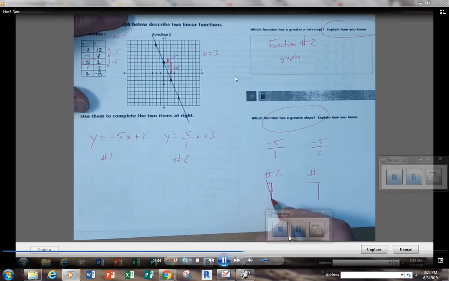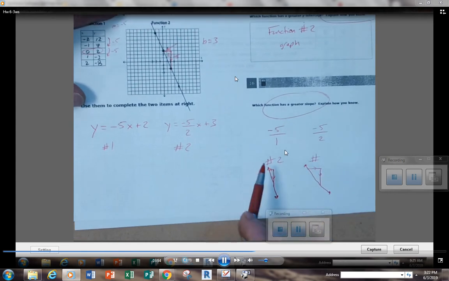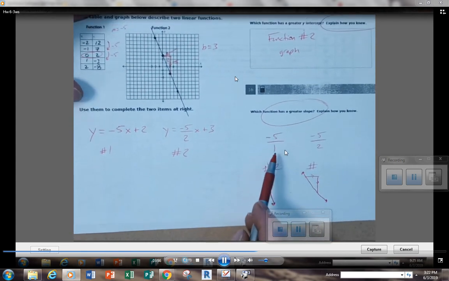Steeper, less steep. The steeper the line, the greater the rate of change. So this one, the table has the greater rate of change. It has a steeper slope. The third word is study. Alright, last problem for this